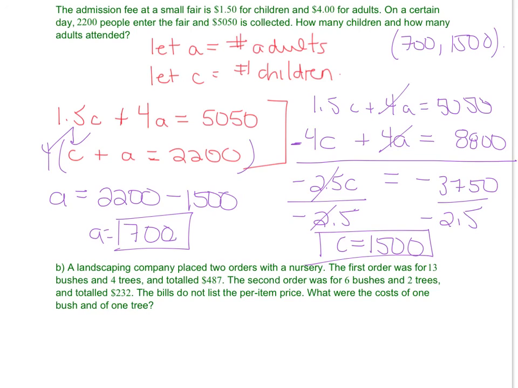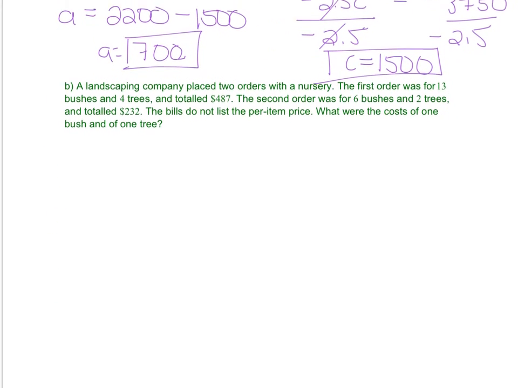And just to check and make sure that the money checks out, there were 1,500 kids that cost $1.50 each. Add that to 700 adults that cost $4 each. You should get an answer of 5,050. So this works. So the next question, the next word problem, you guys are going to try on your own